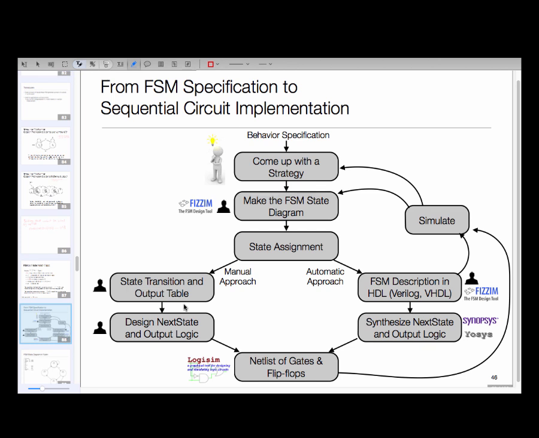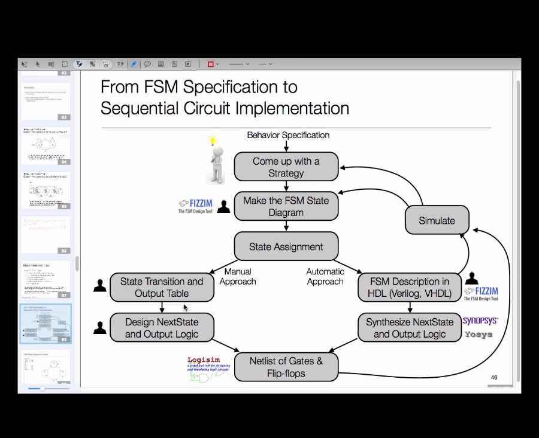So you have not yet designed the gates and the flip-flops. You only have the state machine, but you can simulate it, get the timing diagram, feed input, and see whether it works correctly or not. And if there's a problem, you go back and fix your state machine, or in some cases, maybe your idea is wrong, so you have to even fix your idea. Okay, so once you are done with that,